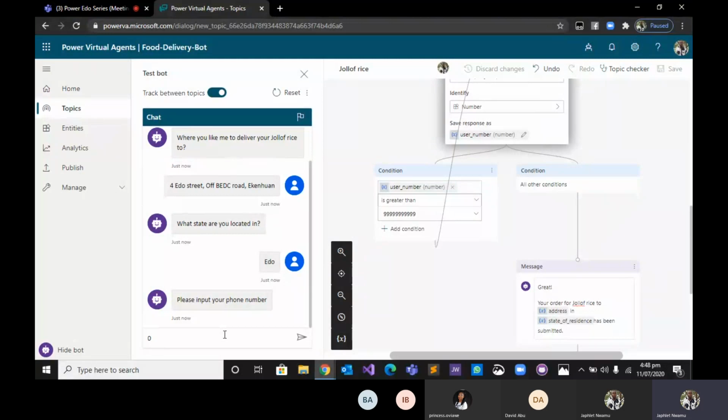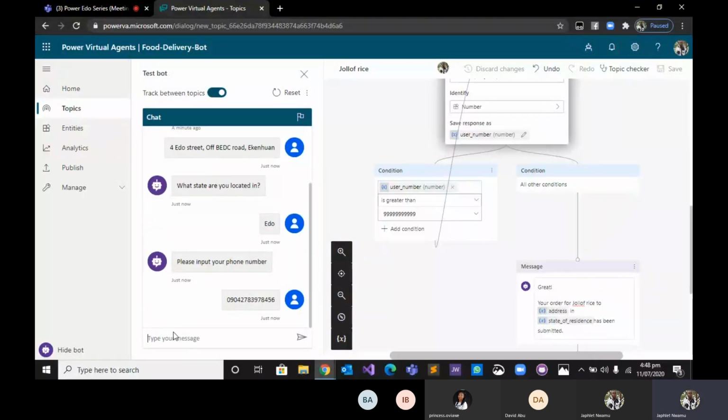So let's say we have 080, it starts counting from 8 instead. So let's count: 3, 4, 5, 6, 7, 8, 9, 10, 11, 12. Remember, it's not taking note of the zero. So we have 1, 2, 3, 4, 5, 6, 7, 8, 9, 10, 11, 12, 13. Let's see what happens.